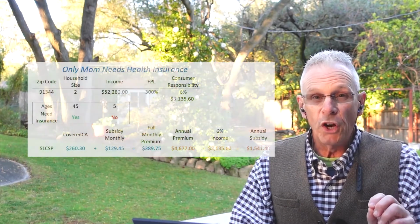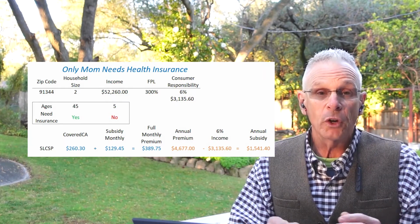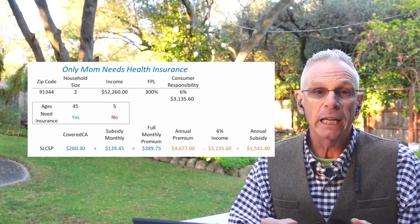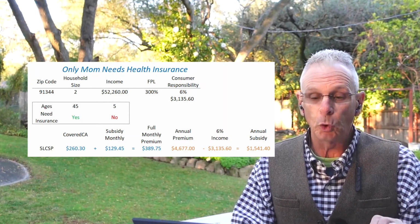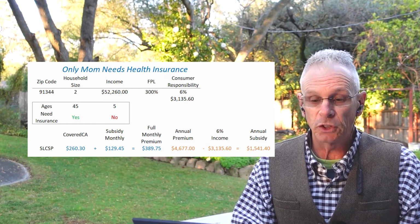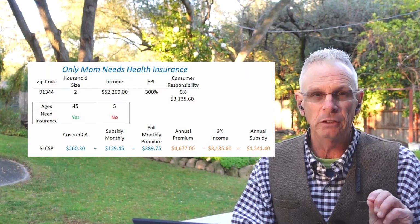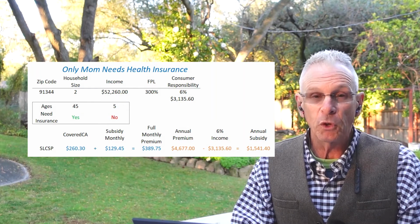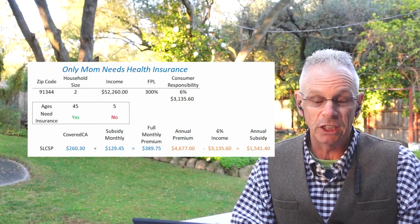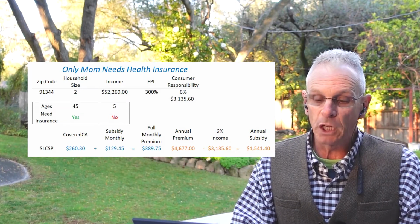Okay, so let's change the scenario a little bit, where the daughter no longer needs health insurance. Maybe the father is putting the daughter on his work plan, you know, the couple is divorced. So still a 2-person household, still $52,260 income, everything's the same there, except only the mother needs health insurance. We run it through Covered California. The monthly rate actually goes up $1 to $260.30. The full premium amount, you can see there, annual premium is